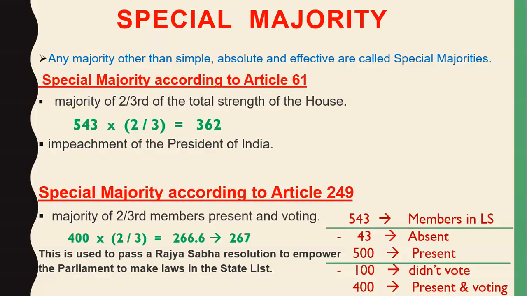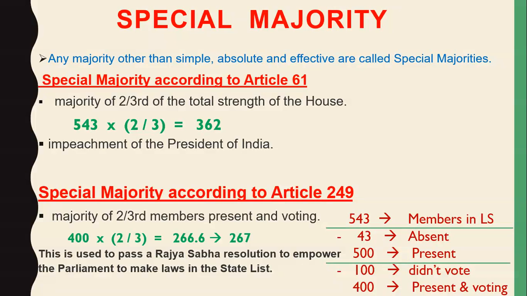But friends, Rajya Sabha has this power that if Rajya Sabha passes a resolution by a special majority of more than 2/3 of the members present and voting, declaring a subject of the state list as of national importance. Now what does it mean? It means that if Rajya Sabha